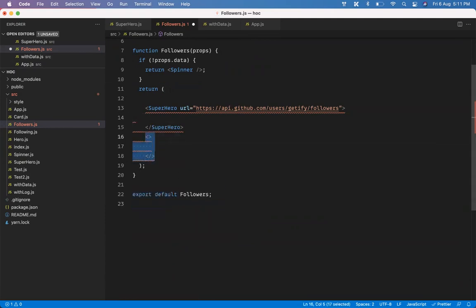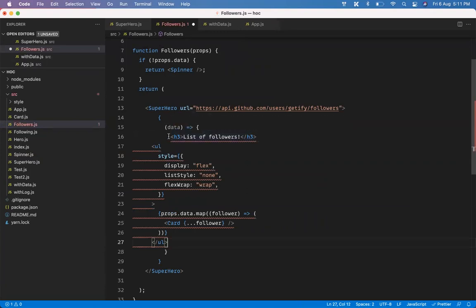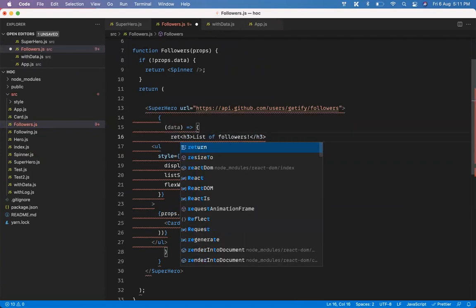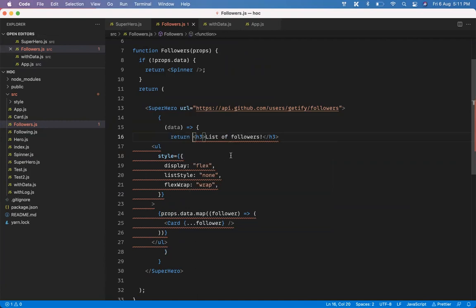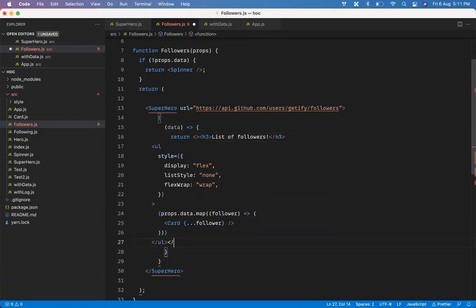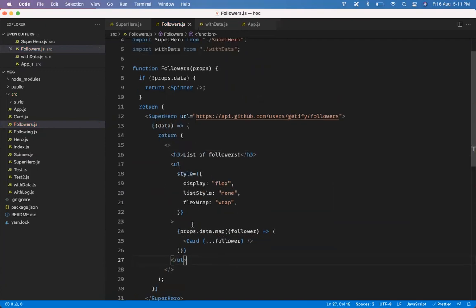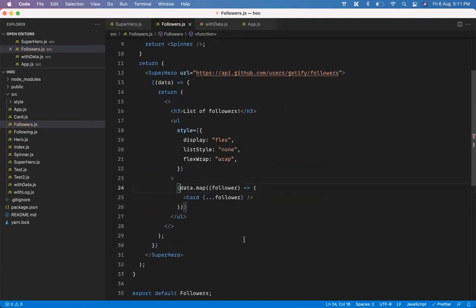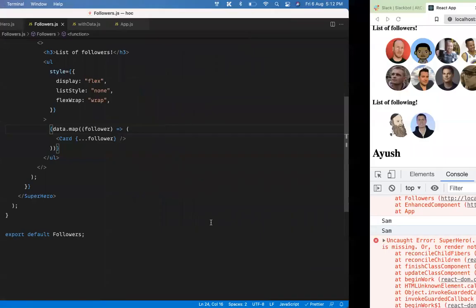So I'm just going to delete this thing here, and I'm going to accept the data that it is going to send me, and that will come as a function. So here I will accept it as data, and from there, where I need to return, I can return it. So getting data, I'm returning this UI, sorry, H3. Okay, so I need to have a top element. Now here, rather than props, it will just be data, and I'm going to get access to this and display it. Let's see if it is working.